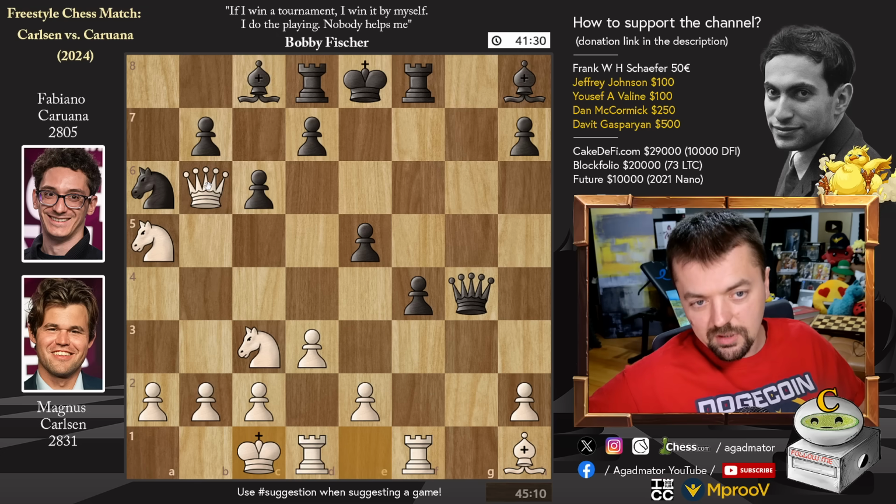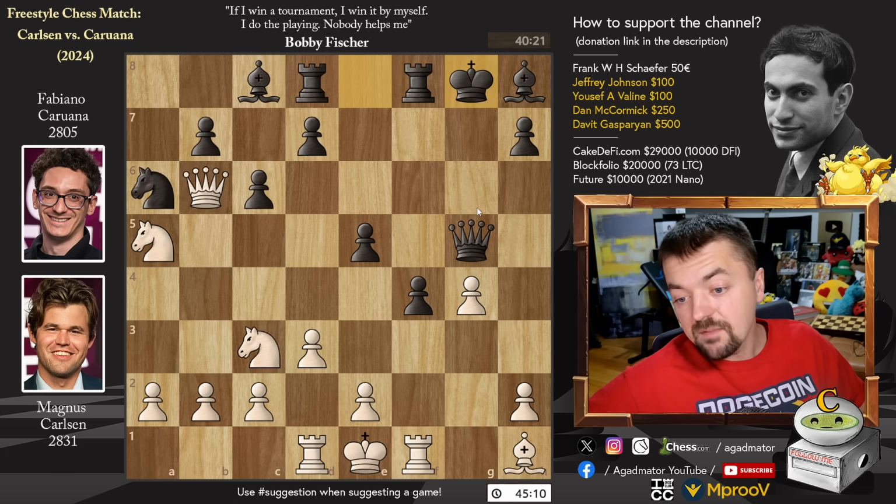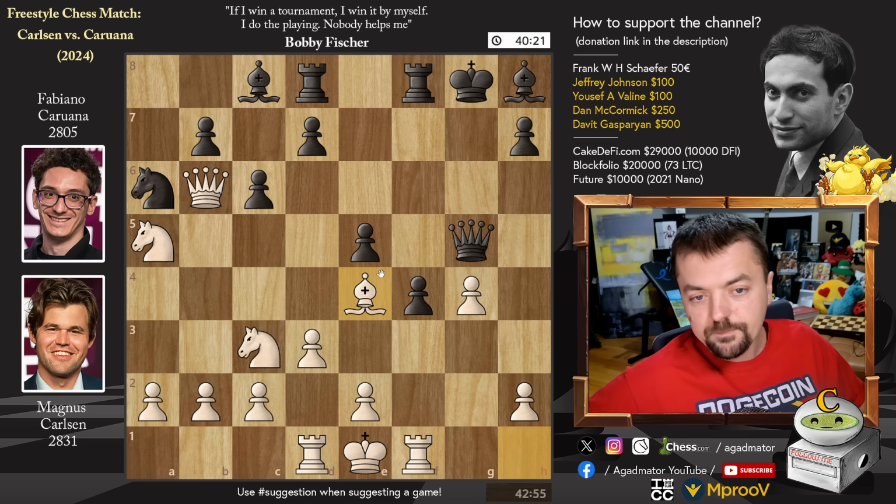If you saw this, the b7 pawn really weak, the king in the center of the board, rooks are ready to be employed, the bishop incredibly strong. This would be winning in the hands of one Magnus Carlsen. So after knight a5, we have castles kingside by Fabi, and now bishop to e4, putting pressure on that h7 pawn, and